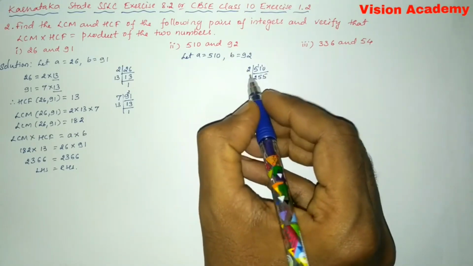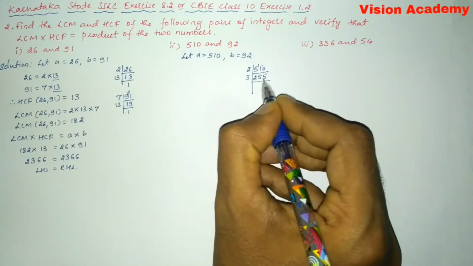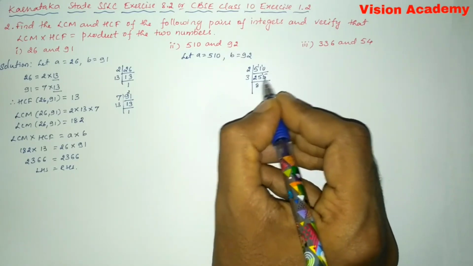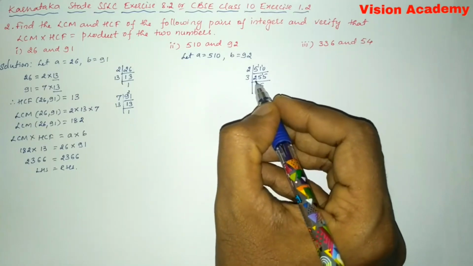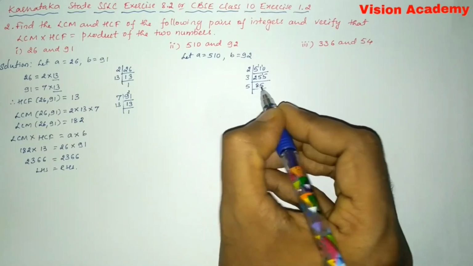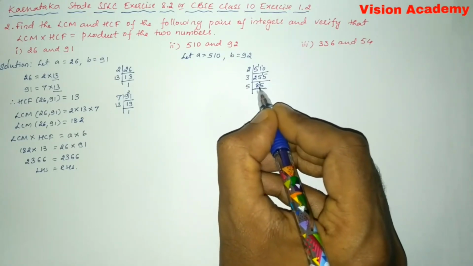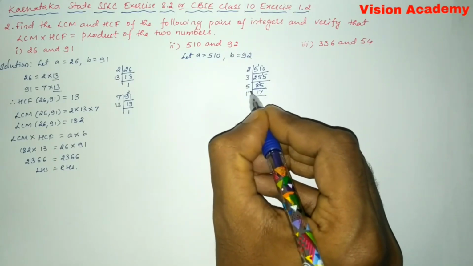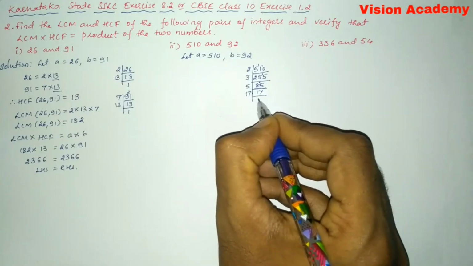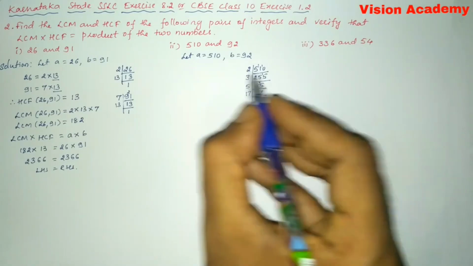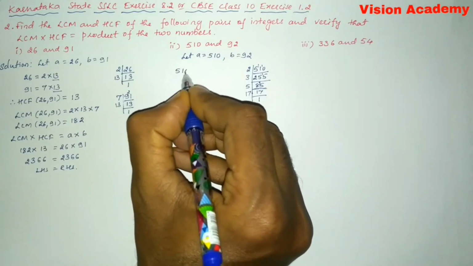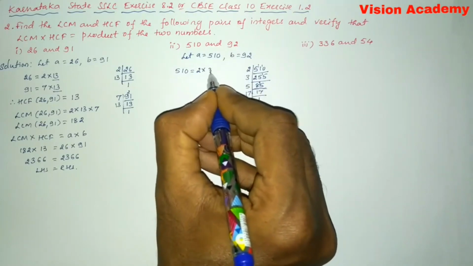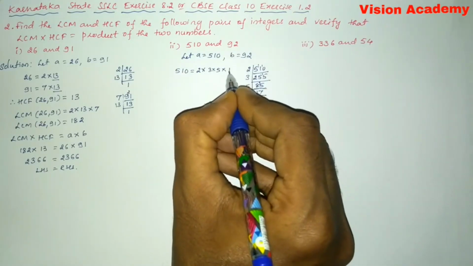Next we'll go for dividing this one by 3. Here 3 8s are 24, so carry 1, so it will become 15. So 3 5s are 15. Now it will get divided by 5. So 5 1s are 5, 3 remains, it will become 35. 5 7s are 35. Now we got 17. So 17 is the prime factor which will get divided by 17 only. So 17 1s are 17. Here we can write 510 is equal to the product of prime factors 2 into 3 into 5 into 17.